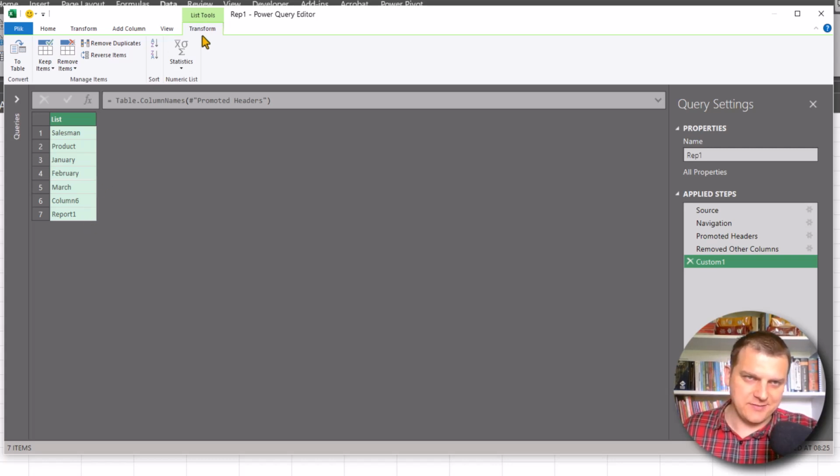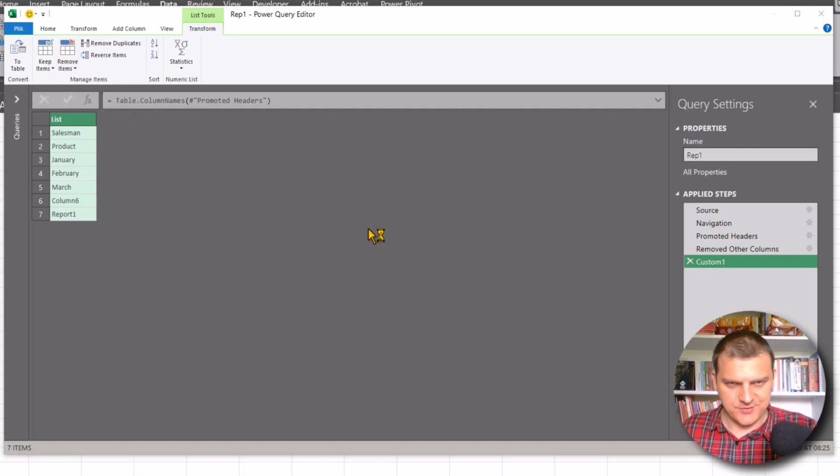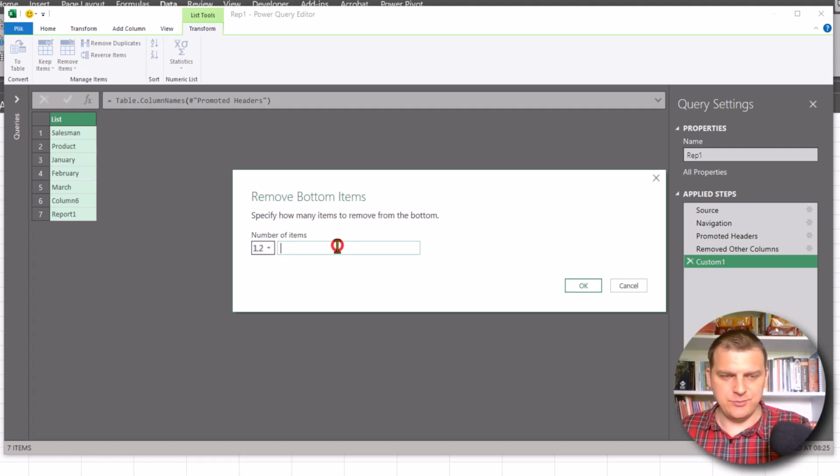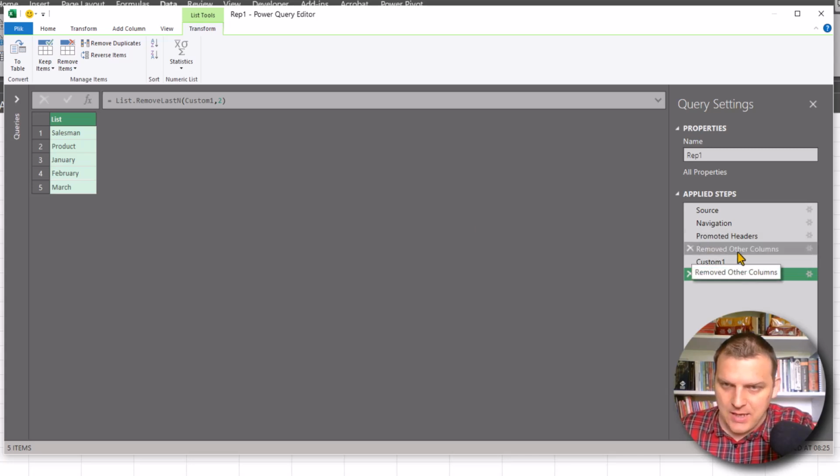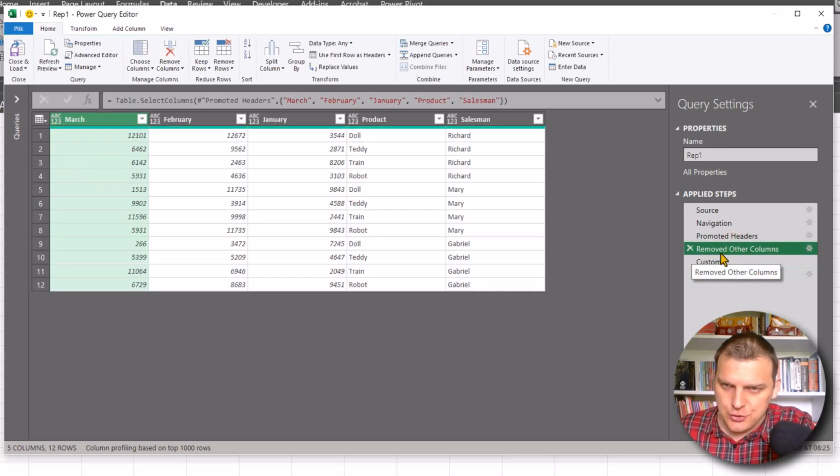So on the List Tools Transform tab we can just use remove items, remove bottom items, and we want to remove 2 items, and just OK, and we now have the list of columns that we want to remain, and we can now drag the remove other columns step to the end of